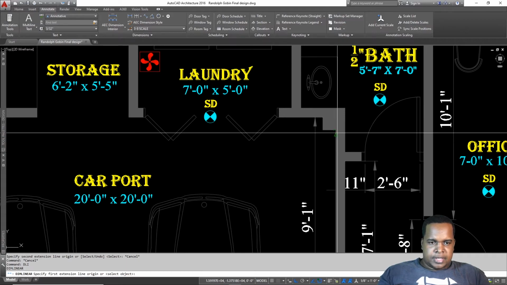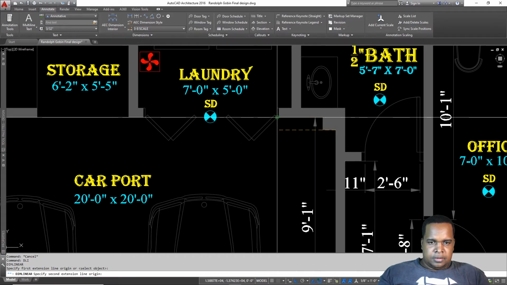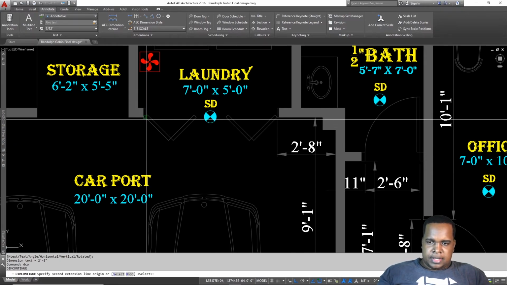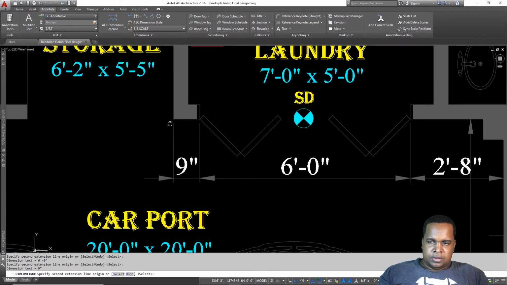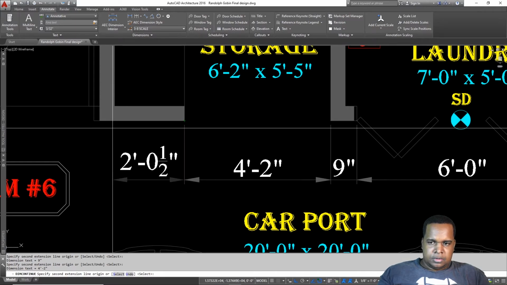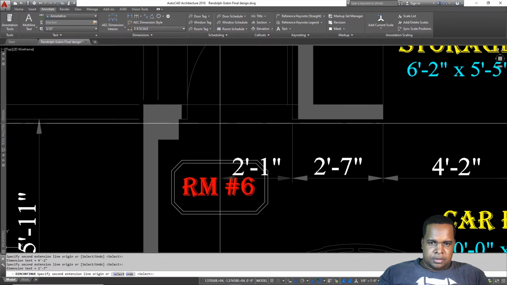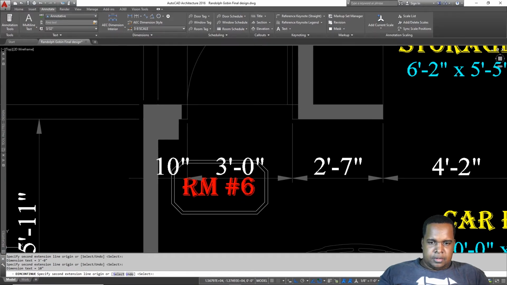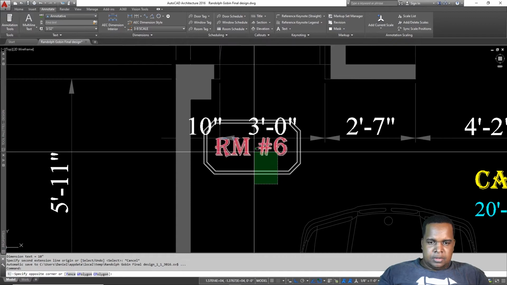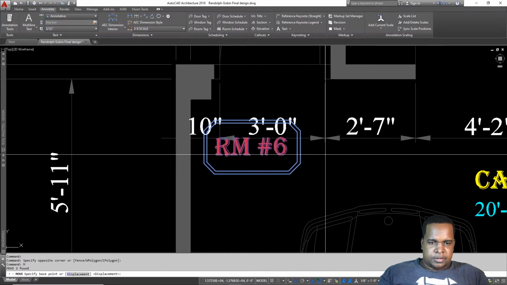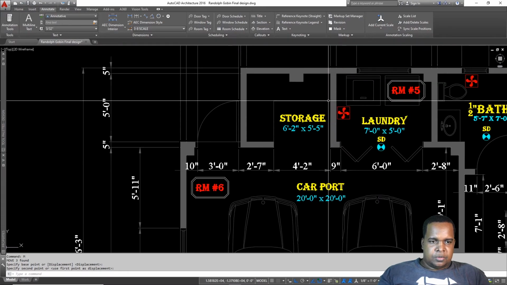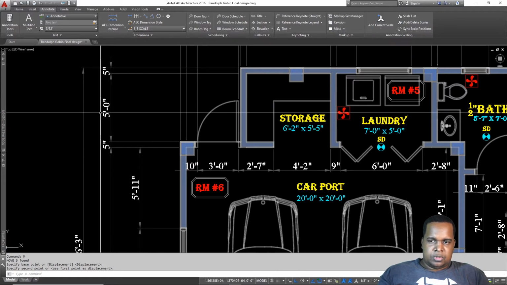So for the dimension from the back wall, again, go into the door opening, then we go to the corner of the wall, opening, door, and there, right? So now that is done, we just move the room number down a bit, and that is it. We don't need to pull dimensions on the inside here because this dimension is already on the outside,